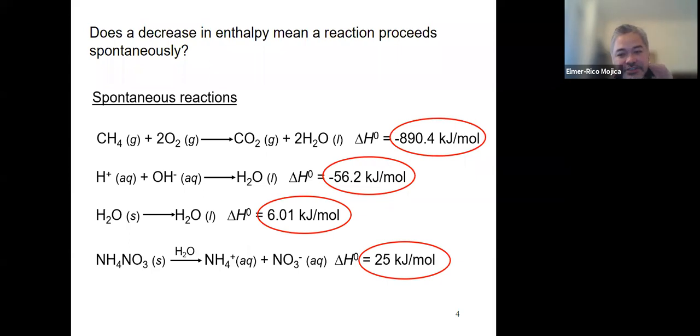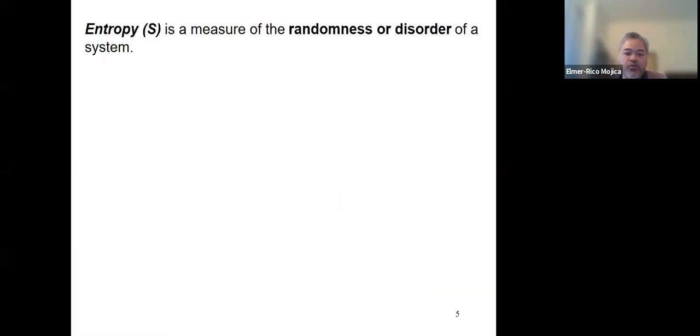A spontaneous reaction can happen to both what? Exothermic and endothermic systems. So enthalpy is not enough. The delta H is not enough to predict if the reaction will be spontaneous or not. Why? Because you can have an exothermic reaction that is spontaneous, and you can also have an endothermic reaction that is spontaneous. Okay, so what they did is they introduced another thermodynamic quantity, and they call it entropy,